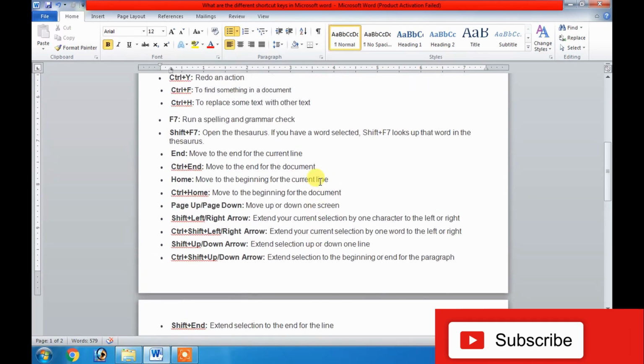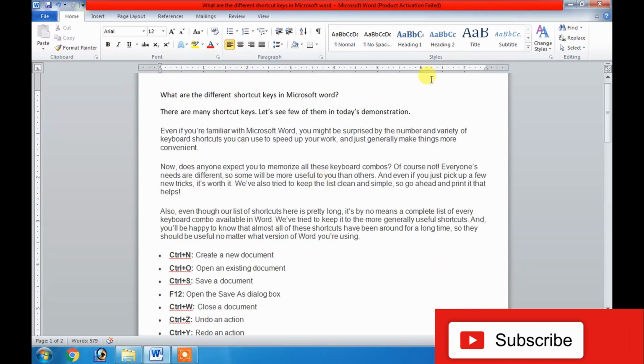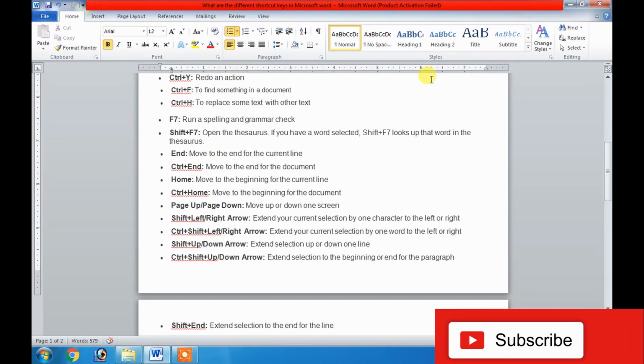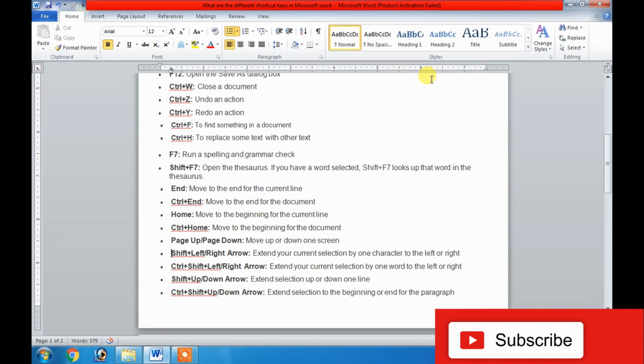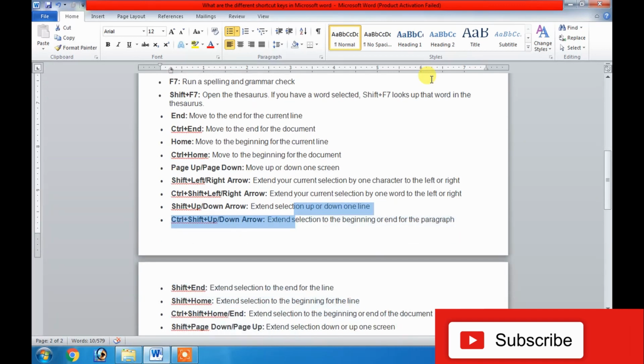Afterwards, Page Up and Page Down: Page Up is for the previous page, and then Page Down to get back to the next page. Fine. Then we have Shift plus left arrow and right arrow. If I press the Shift key and press right arrow, I am able to select from left to right, and if I do Shift plus left arrow, I am able to select from right to left. And if I do Control plus Shift plus left, I can select word to word, and if I do Control Shift right, I can select word to word from left to right. And Shift plus up means selecting upwards, Shift plus down selecting downwards, right?